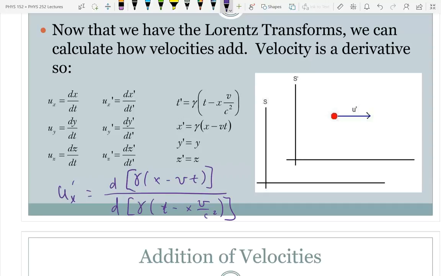So there I've substituted for x prime and t prime. Now we just take these and we say, let's add